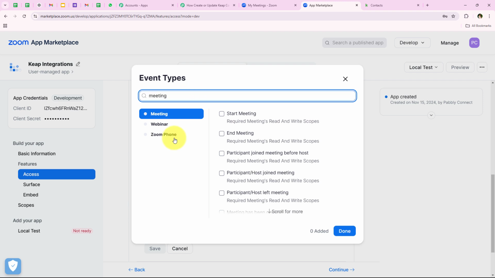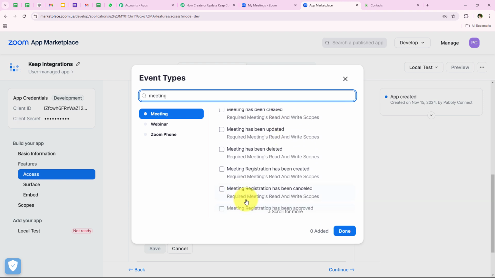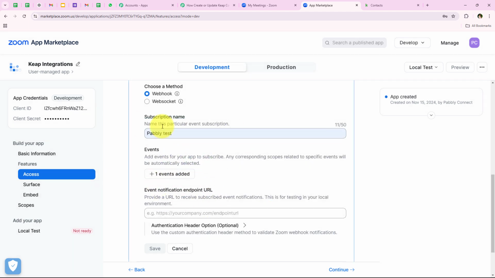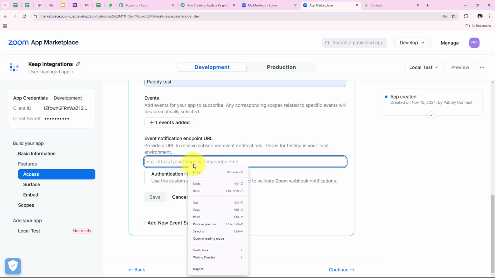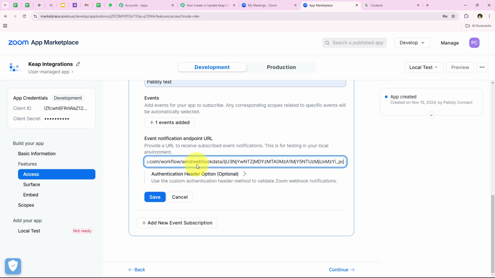created, right? So I'm going to search for meeting, and as you can see over here we have received meeting registration has been created. So I'm going to select it and click on done, and as soon as you click on done, yes, you can see one event added successfully. And after doing this, we're going to paste the URL which we copied from our workflow right over here under